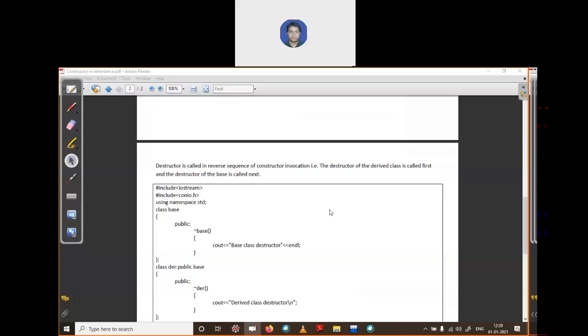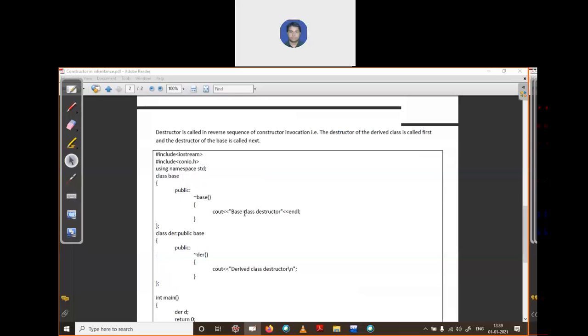Now see the concept of destructor in inheritance. There are two classes, base class and derived class, and both of these classes have their own destructor. So see this code.